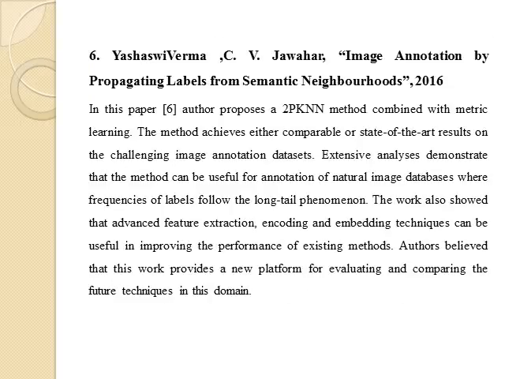Sixth, image annotation by propagating labels from semantic neighborhoods. In this paper, the author proposes a 2PKNN method combined with metric learning. The method achieves either comparable or state-of-the-art results on challenging image annotation datasets. Extensive analysis demonstrates that the method can be useful for annotation of natural image databases where frequencies of labels follow the long tail phenomenon.